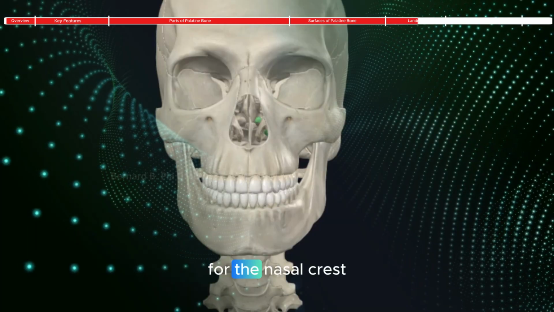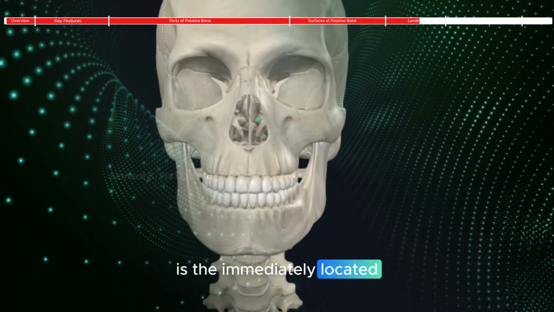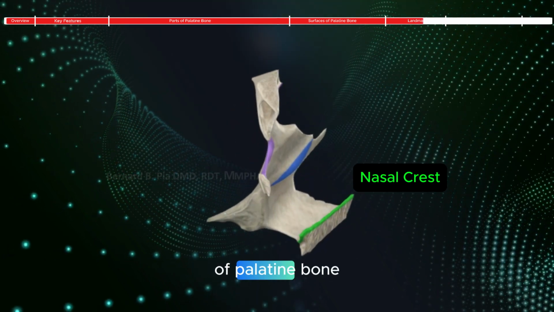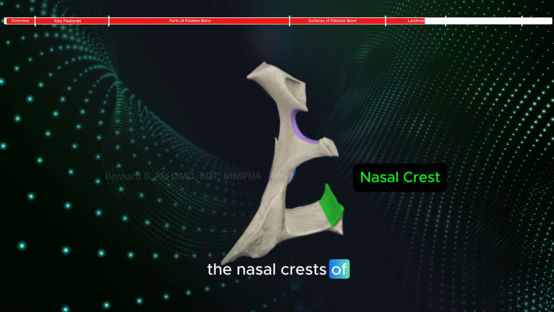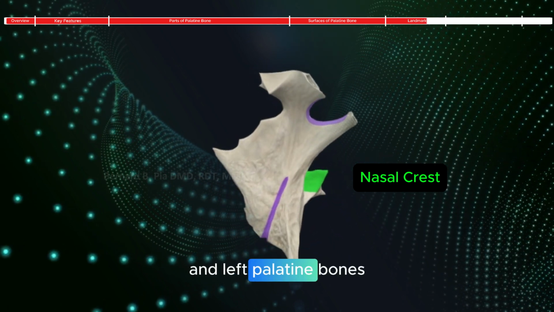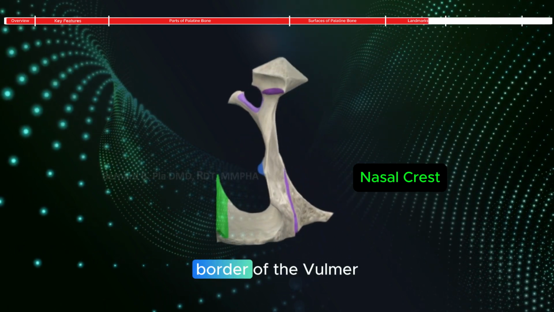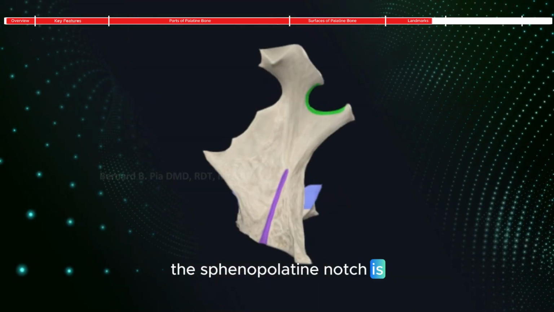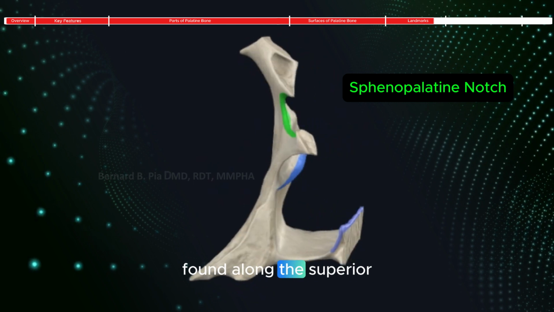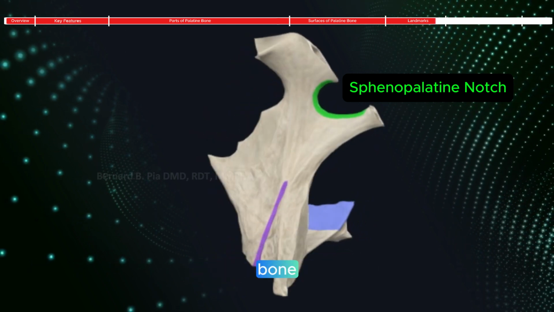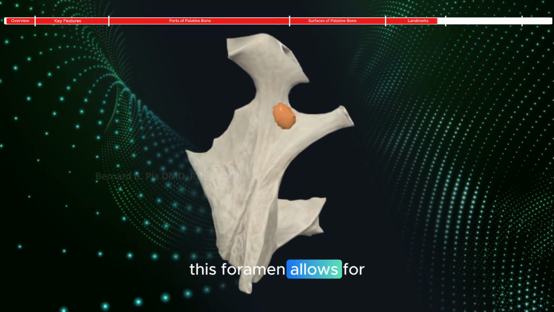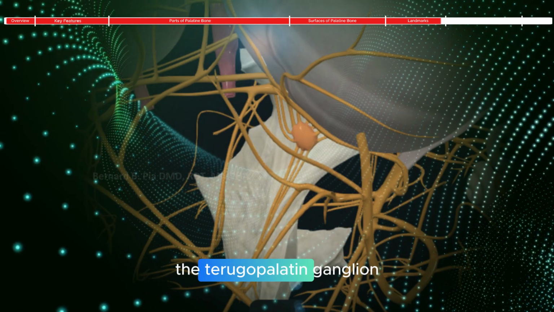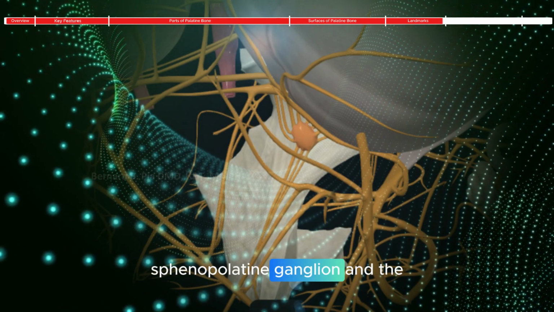4. The nasal crest is the medially located ridge found along the nasal surface of the horizontal plate of palatine bone. The nasal crests of both the right and left palatine bones articulate with the inferior border of the vomer. 5. The sphenopalatine notch is the deep indentation found along the superior aspect of the palatine bone. This foramen allows for the passage of the superior posterior nasal branches of the pterygopalatine ganglion, sphenopalatine ganglion, and the